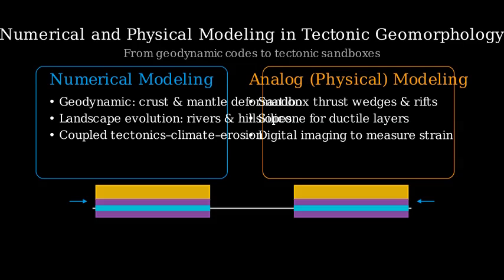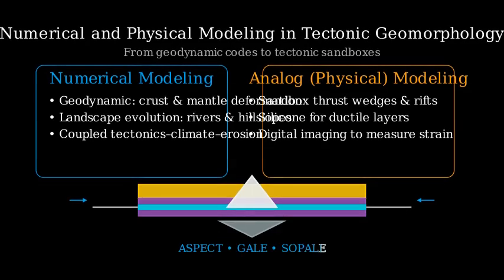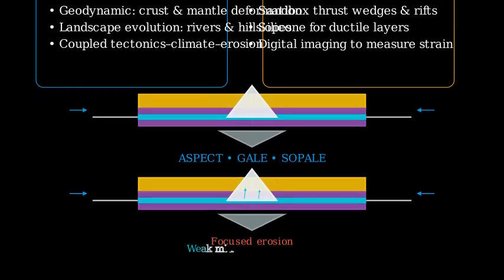First, geodynamic numerical models. Imagine two continental blocks converging, a brittle upper crust riding on a warmer, weaker lower crust. As the blocks collide, a mountain wedge and a deep crustal root develop. Modern codes like ASPECT, GALE, or SAWPALE solve force balance and heat transport to predict this evolution over millions of years. A key Himalaya example is channel flow, a weak mid-crustal layer that can be drawn upward by focused erosion